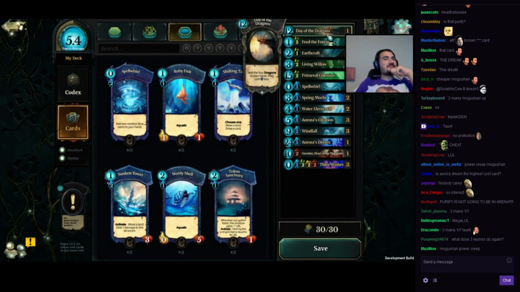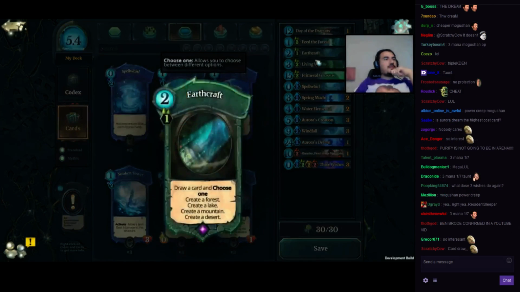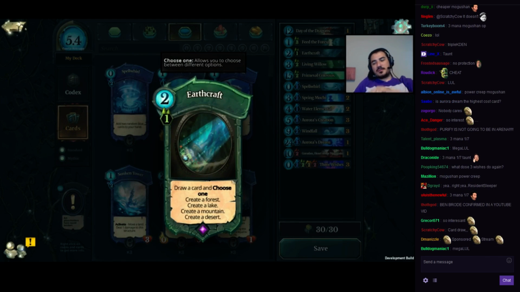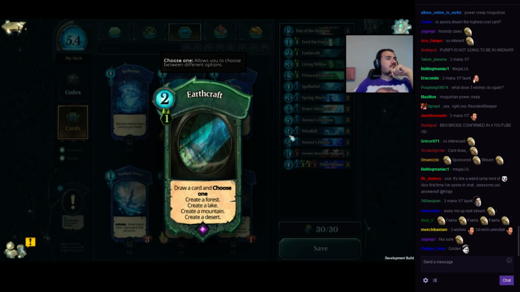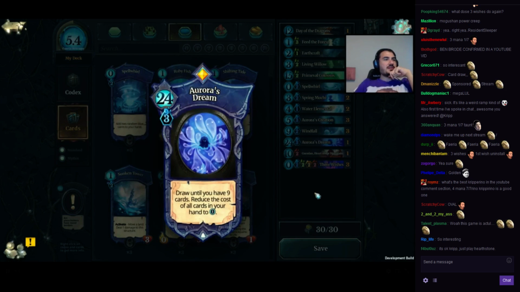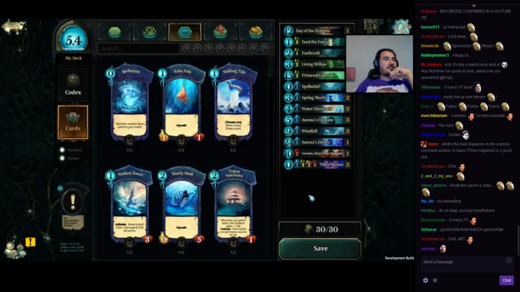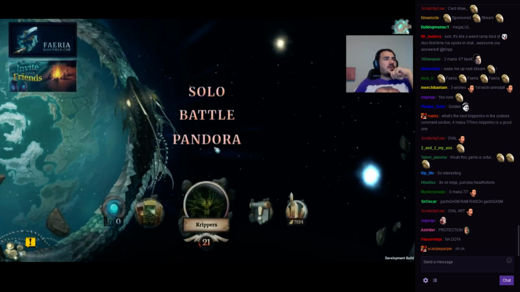Three mana Mogushan. Yeah. The cards that have an oval animation or an oval image are ones that still have temporary artwork. So I think some of the temporary artwork is actually pretty good. Like I think this one's pretty sweet. But the ones that have a full image, it is the final artwork. Yeah. Alright, I might play some more battling